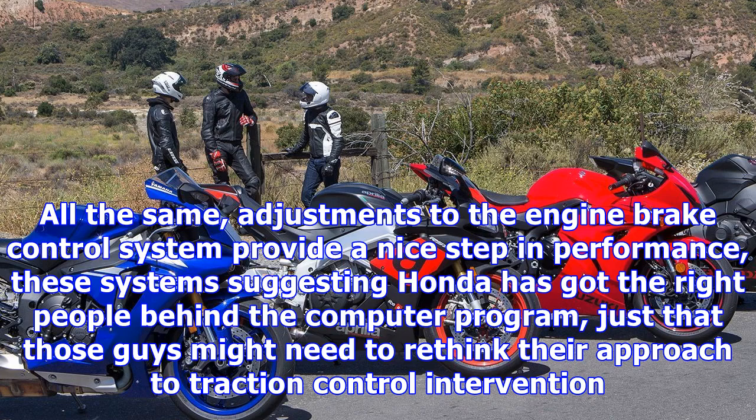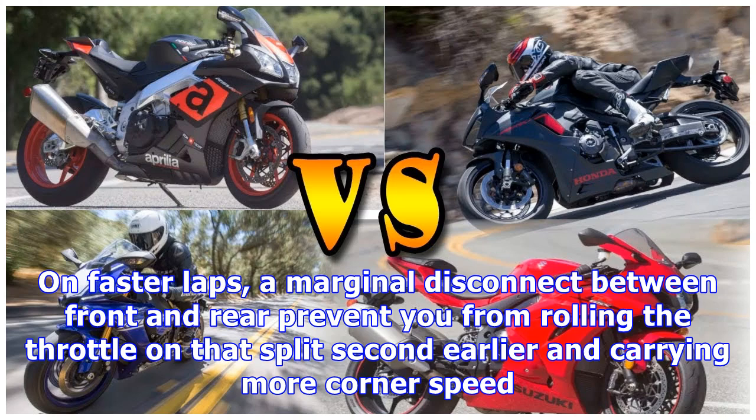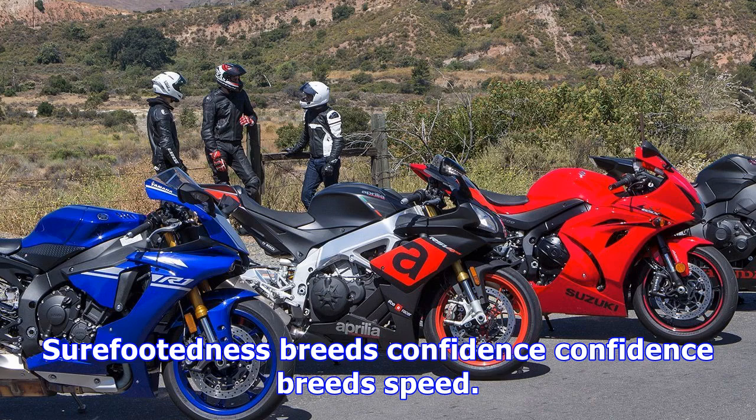The quick shifter, without a blip downshift, tells a somewhat different story and is arguably one of our favorite systems on a production bike. Upshifts and downshifts are seamless, each gear change requiring less attention than what's needed on the RSV4's smooth but slightly more RPM-sensitive system. All the same, adjustments to the engine brake control system provide a nice step in performance, these systems suggesting Honda has got the right people behind the computer program, just that those guys might need to rethink their approach to